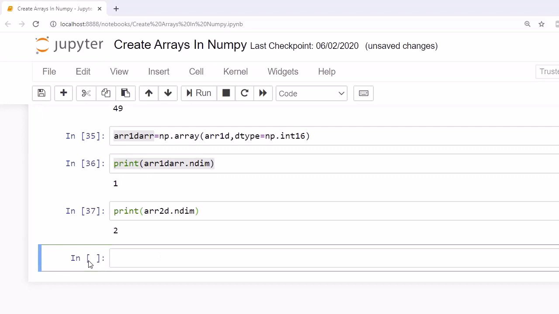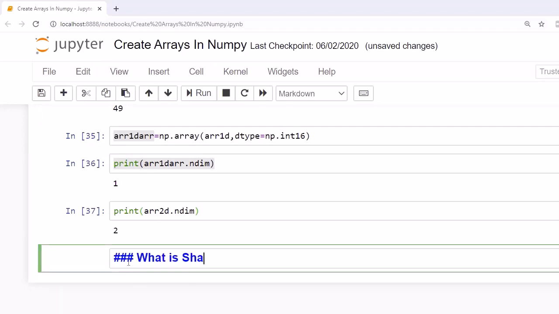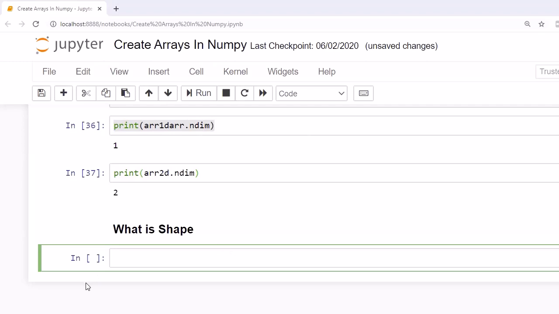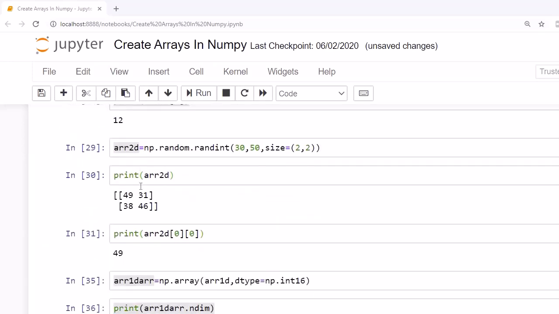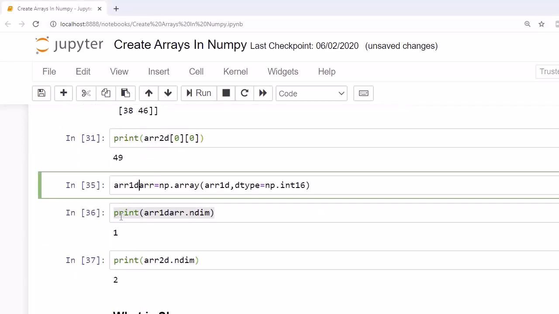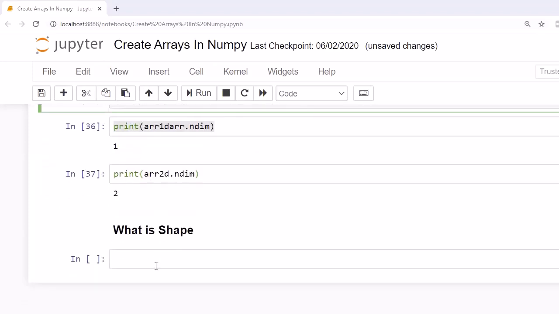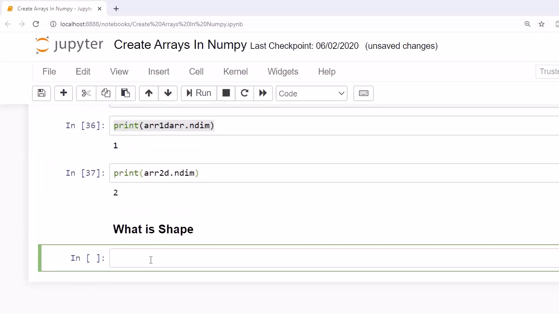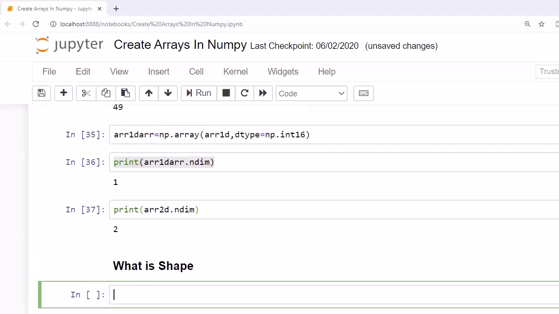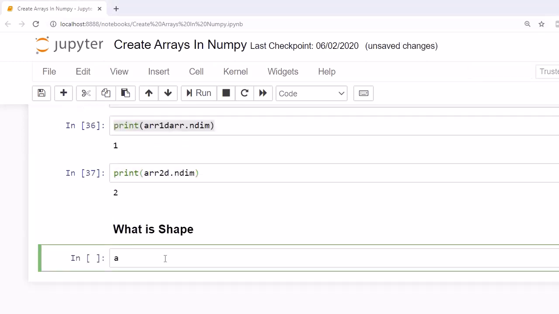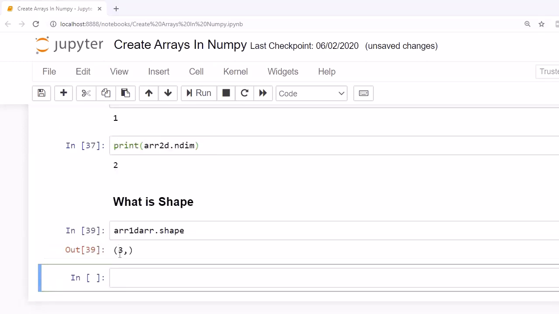The next thing is what actually the shape is. What is shape? Shape is nothing but the number of elements that exist within each dimension. Let's understand with an example. Earlier we had a 1D array, and if you want to know its shape, let's look at how to get it. There is another property available called shape. So let's write array 1D dot shape and press shift enter, and it returns that we have 3